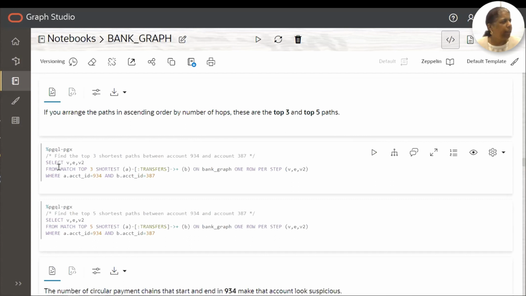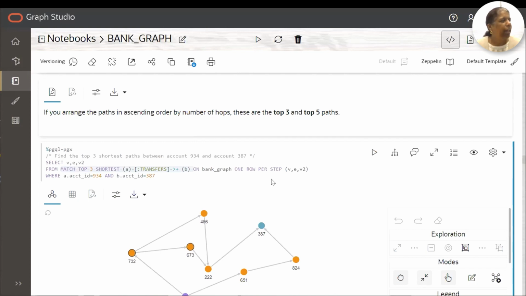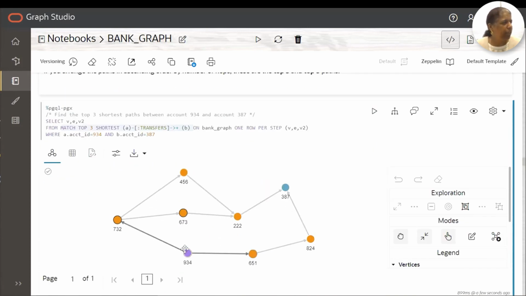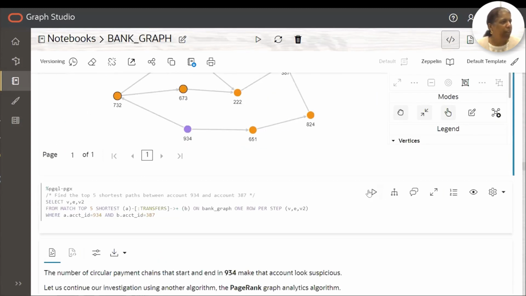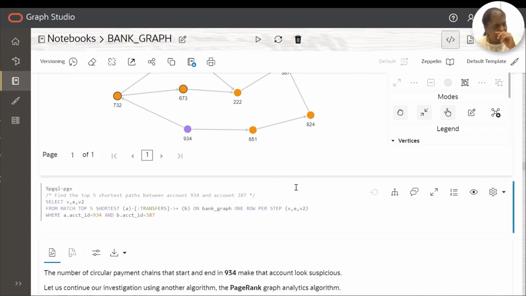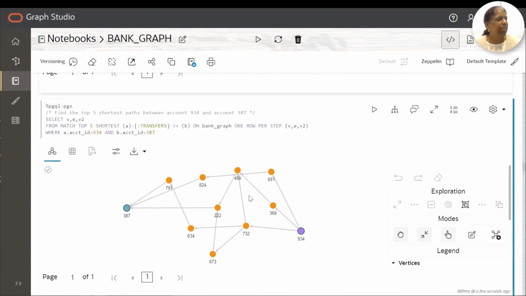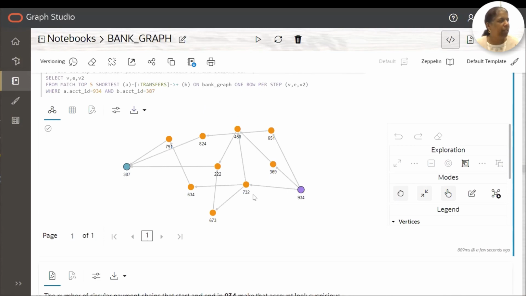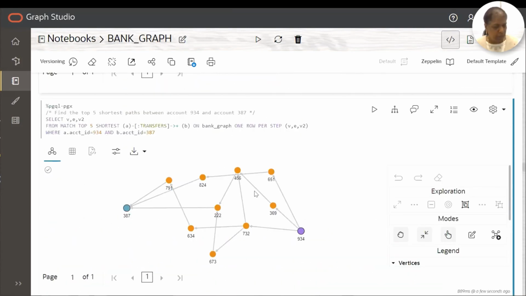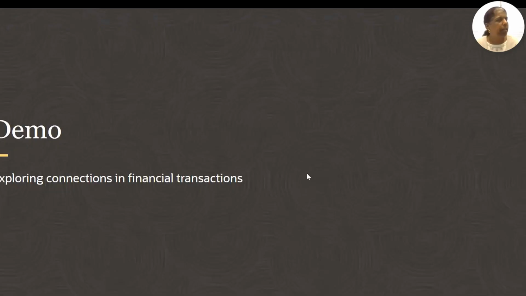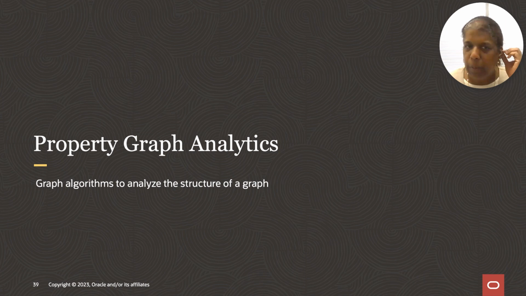Here I'm modifying the query a little bit to say match top 3 shortest paths. So I'm not just looking at the shortest path, I'm looking at the top 3 shortest paths. You can see here that you have 387, you have 934. So there are 3 paths here: there's one here, there's one here, and then there's another path here. So 3 shortest paths. And then finally, top 5 shortest paths. So you can keep finding information about how your accounts are connected, which in this case represents how money is flowing between these accounts. Now let me go back to the slides to look at property graph analytics,